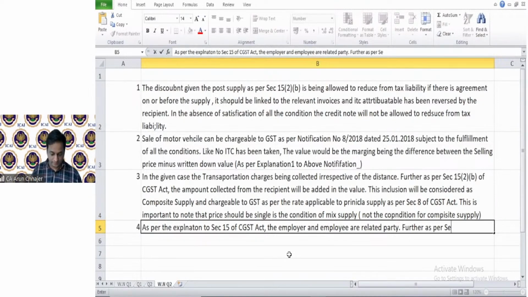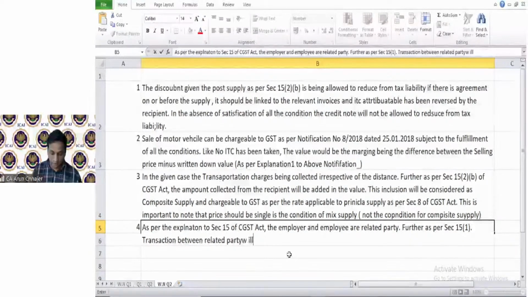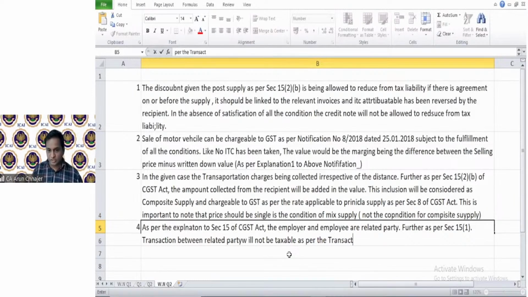Further, as per section 15 subsection 1 GST, transaction between a related party will not be taxable as per the transaction value. Here, the valuation rules will come into the picture,